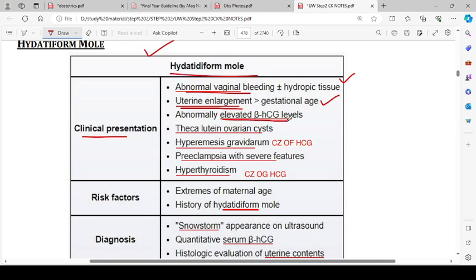Abnormally elevated beta HCG level, theca lutein ovarian cyst, hyperemesis gravidarum, because of increased HCG. The characteristic picture of a pregnancy is that the woman is always nauseous, and that nausea is caused by HCG. And now if we are saying that in molar pregnancy we have too much beta HCG, that will cause hyperemesis gravidarum, preeclampsia with severe features, hyperthyroidism because of HCG. The alpha chain of HCG is similar to that of TSH. So because of similar structure of HCG and TSH, there can be hyperthyroidism